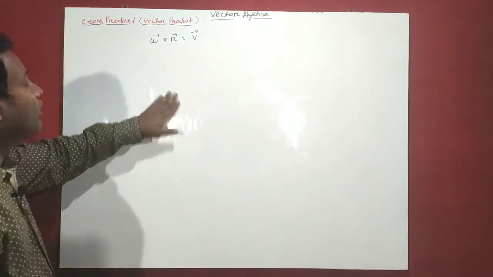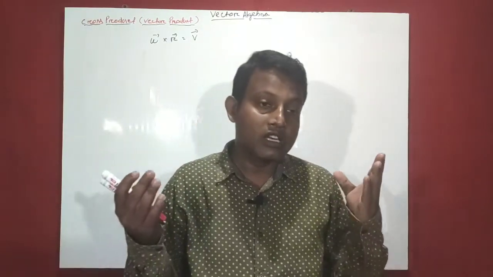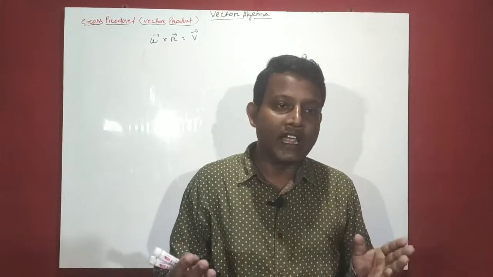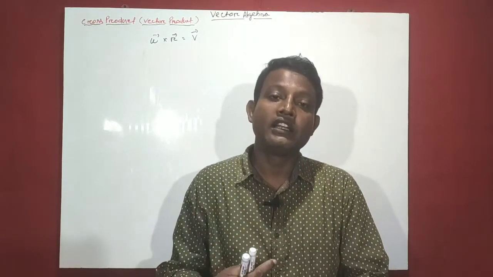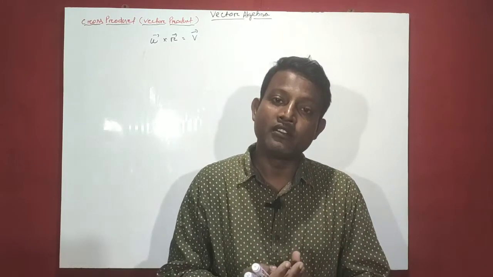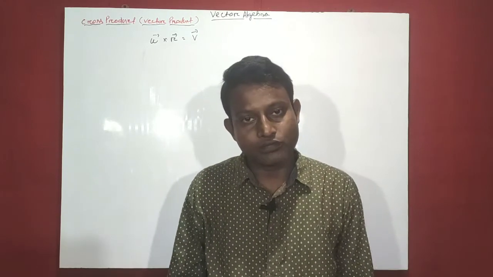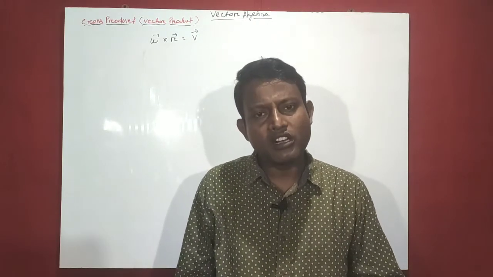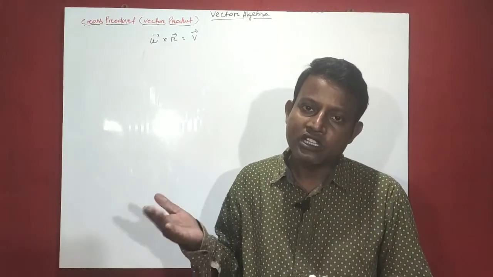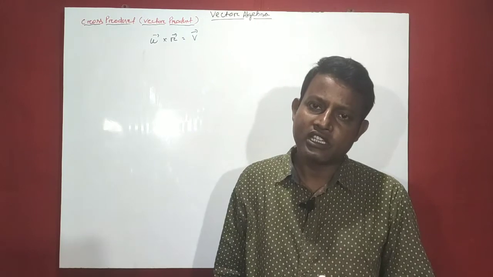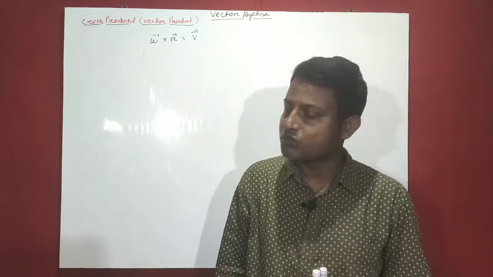Guys, what is cross product? When we take cross product of two different physical quantities, it gives another physical quantity, which is a vector also. So it is called vector product. That means this product gives us a vector quantity. The notation of multiplication is denoted by a cross, so it is also called cross product.